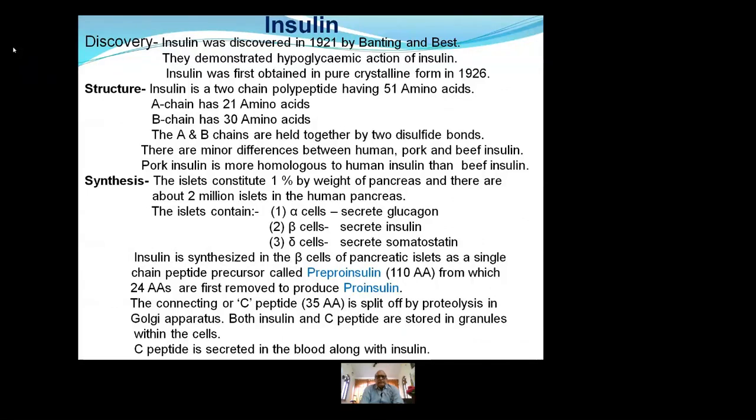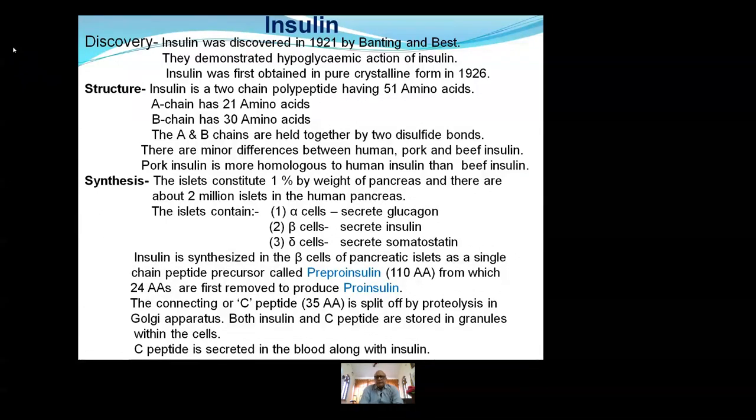Synthesis. The islets constitute 1% by weight of the pancreas, and there are about 2 million islets in the human pancreas. The islets contain three types of cell: alpha cells, which secrete glucagon; beta cells, which secrete insulin; and delta cells, which secrete somatostatin. Insulin is synthesized in the beta cell of the pancreatic islet as a single chain peptide precursor called